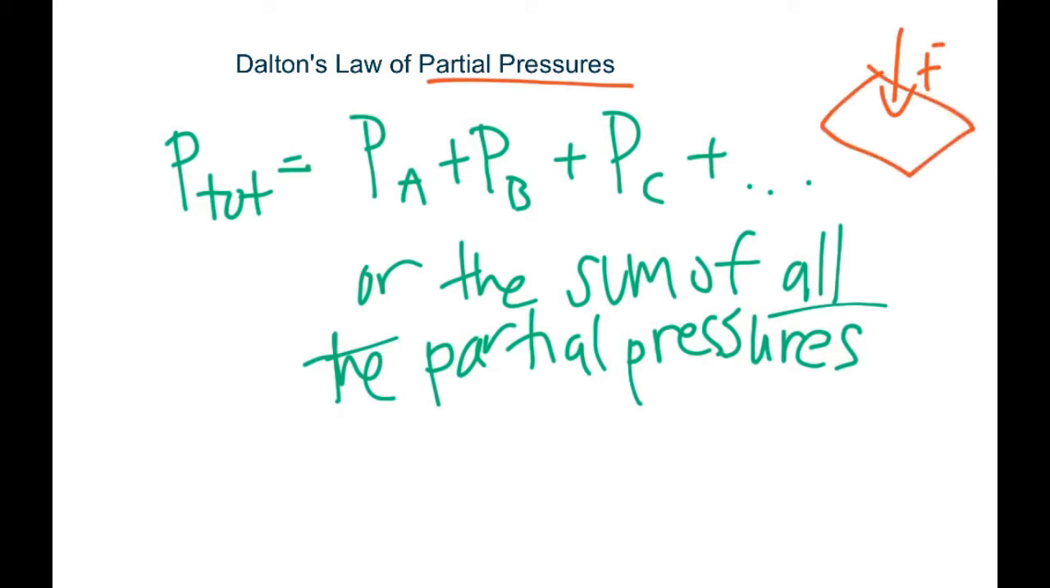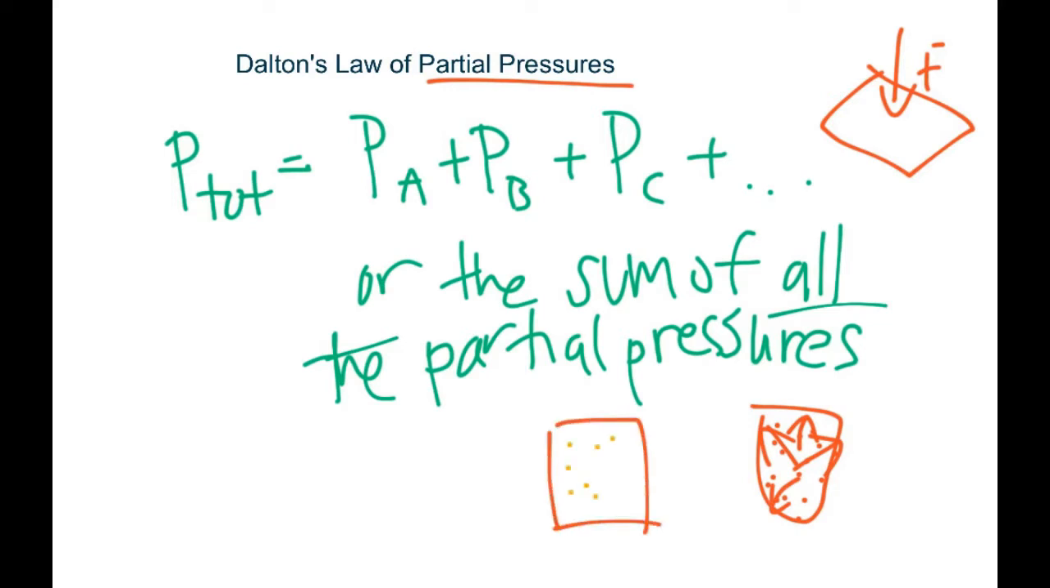If you have a sample of gas, it will exert a certain pressure on the container because the molecules are constantly moving and bumping into the container. Now, if you have a sample made up of multiple gases, such as one that's made out of yellow gas and green gas, then each gas will have its own pressure. And the pressure that each gas has is called a partial pressure because it is a part of the entire